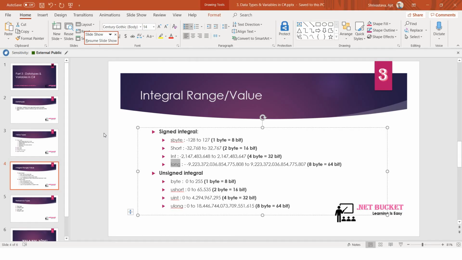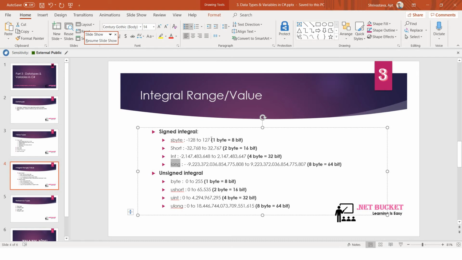When to use a signed integral? You have to use signed integral only if you are sure that there will be a negative number that you have to store. And if you want to store just a positive number, simply use unsigned integral. That is the first. Second, within the signed integral, how do you choose which type of variable you should declare?